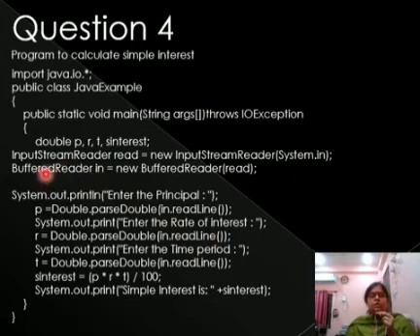Here we have taken a temporary memory, BufferedReader. In the previous slide I have told you what it is. This new file has been made with the help of this input read variable. Now enter the principal. We have to enter principal here, P, Double.parseDouble. We have to enter the rate of interest R. Okay. Then we have to enter the time period.